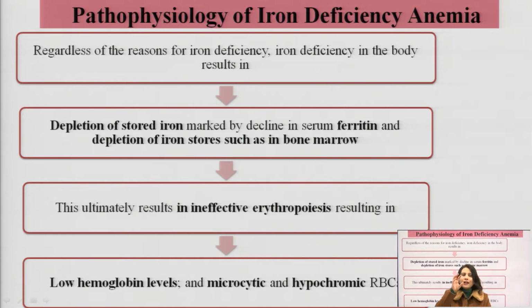Micro means small and cyto stands for cells, so small RBCs, and they are hypochromic in nature. Hemoglobin is what gives RBCs their color, right? So when hemoglobin content is less, the RBCs are also pale in color. Okay, so moving ahead